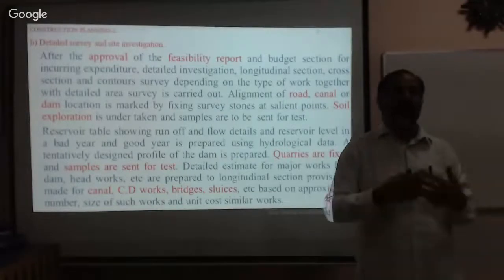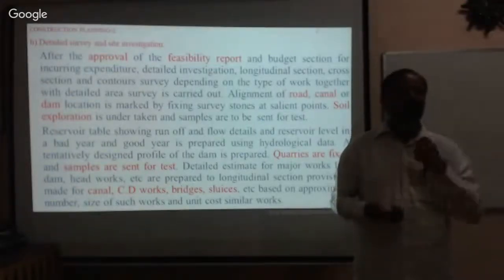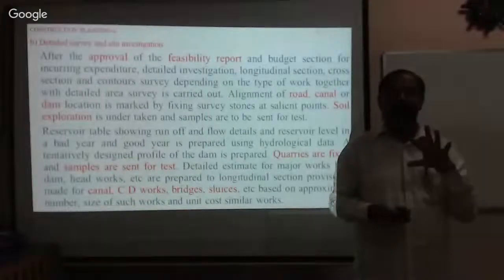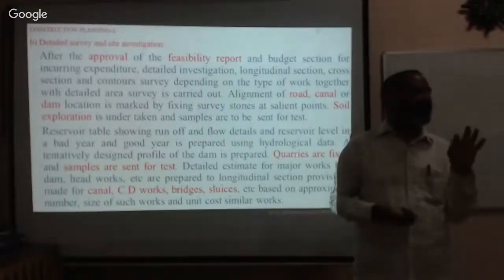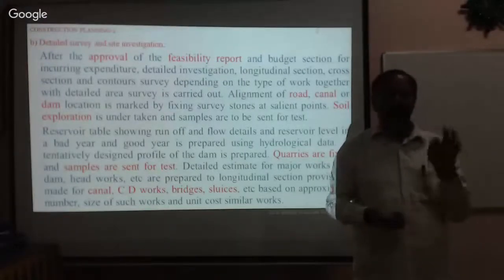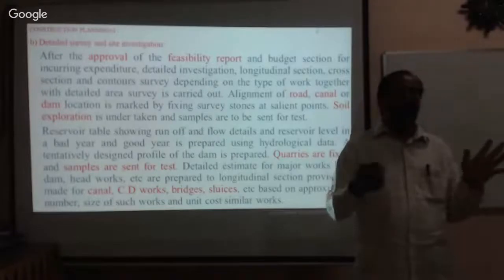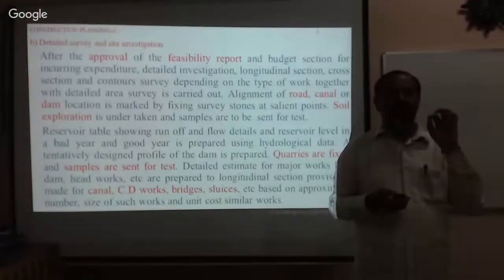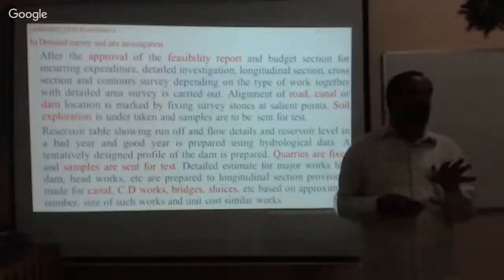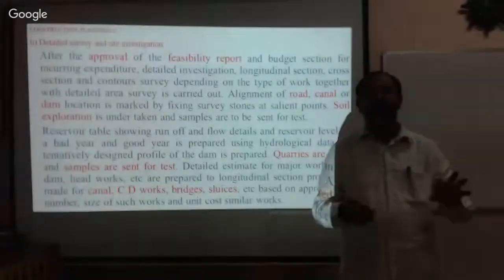Prepare the detailed drawings from the ground data, from the survey data, then prepare the designs, isn't it? Now prepare the drawings of the road, the cross sections of the roads, what should be the thickness, what is the lane width, and then what is the size of the bridge, the size of the culvert, the size of the flyover, the length of the flyover. You prepare the detailed drawing.